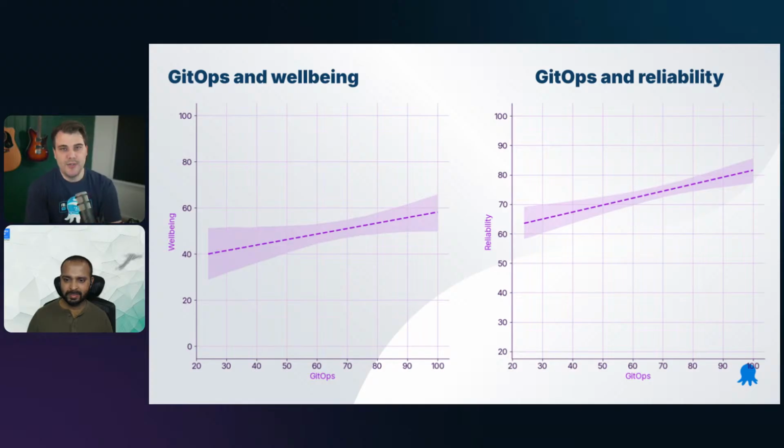Now, well-being is an interesting one, and that has a little bit more variation than reliability. And we think that that's because there's a lot of things that can influence your well-being at work. It's things like your manager or your team, where you have to work, what your workload's like. These days, are you commuting to work when you don't want to be commuting? There's a lot of different factors that can play into well-being. While having a strong GitOps score might, or it does certainly feed into that, it's not every factor that feeds into well-being. Whereas reliability, there was a slightly stronger correlation.